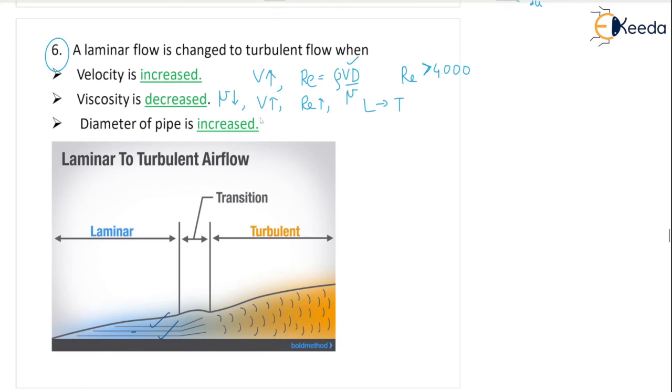Okay. Then the diameter of the pipe is increased. D, you are going to increase the diameter. If you increase the diameter, then what happens? The area available for the fluid particles will be larger. So they have the intention to move in random directions. They will get more space. They will start moving in random directions, and they will create the turbulence. Correct. So if the fluid particles have a very small area available to move, then the flow will be laminar. If the area available is more by increasing the diameter of the pipe, then the flow will change to turbulent flow.